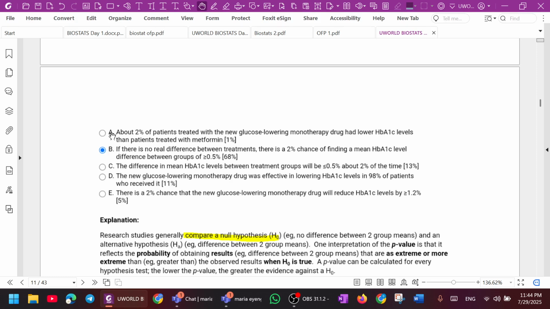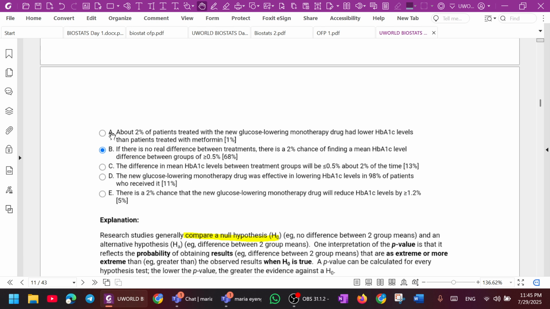Here you just have to memorize. It's always going to start the same way. If there is no real difference between the treatments, then there is a 2% chance. The 2% comes from this. If this was 0.05, it would be a 5% chance. If this was 0.01, it would be a 1% chance. There is a 2% chance of finding a mean A1C level difference between the groups